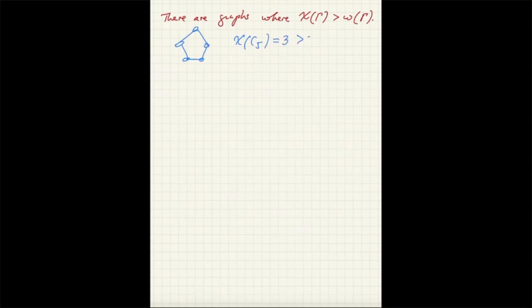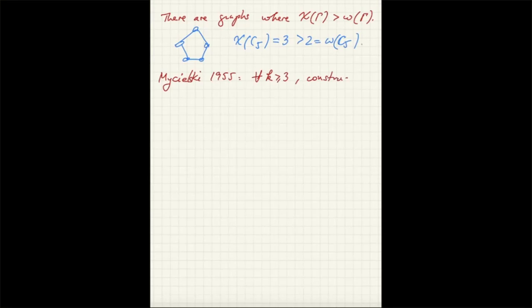Now we'll discuss this in a little bit, but you should know that there are graphs where chi of gamma is bigger than omega of gamma. We already saw one example, the cycle C5. The chromatic number of C5 equals 3, but that's bigger than 2 because this graph has no triangles. And we'll prove in a second the result of a Polish mathematician, Mycielski, from 1955, that showed that for any k greater or equal to 3,